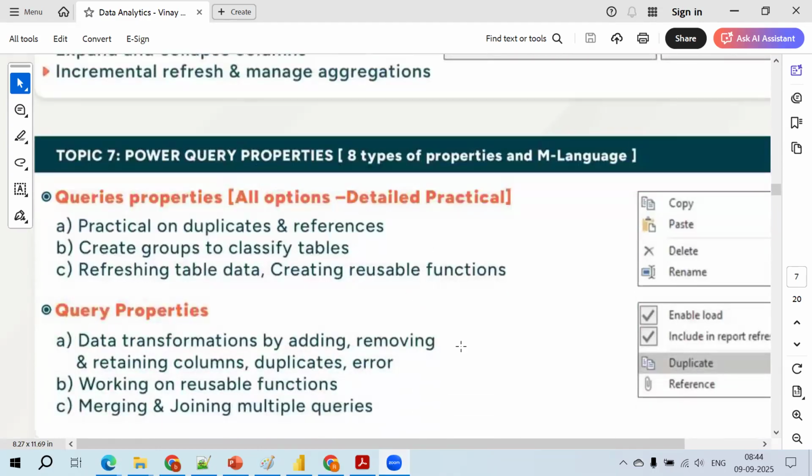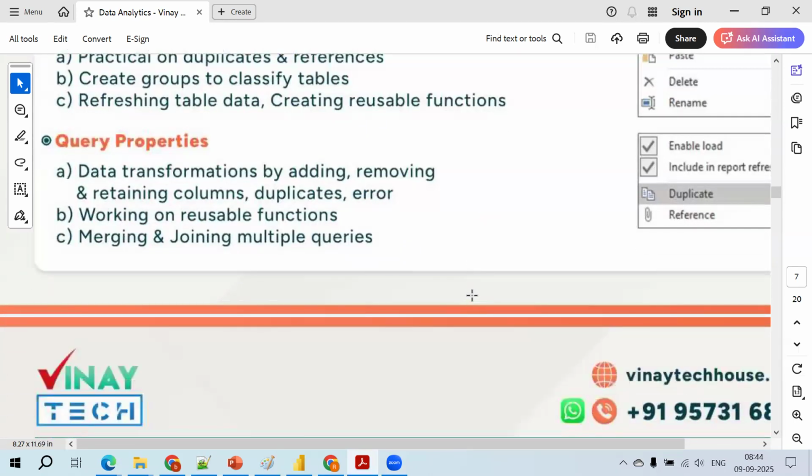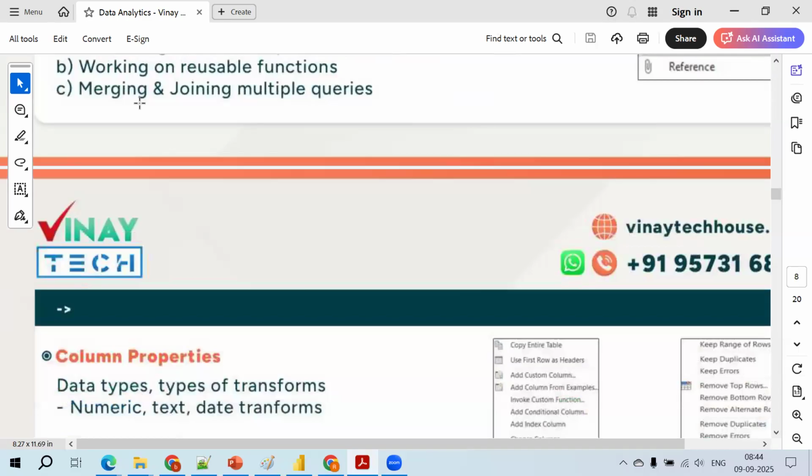Okay, fine then. Here, friends, we have the M language, and we don't need to worry about it. It generates automatically. Then query properties, reusable queries, and you can write your own queries, merging values, appending values, all these things are available.